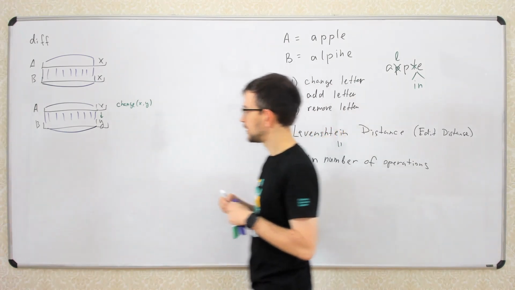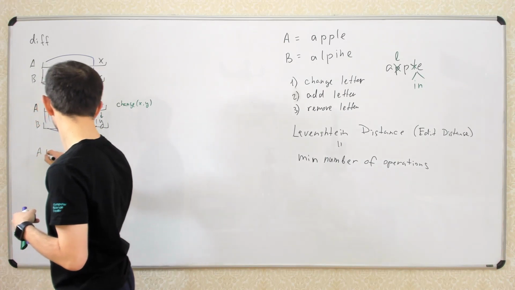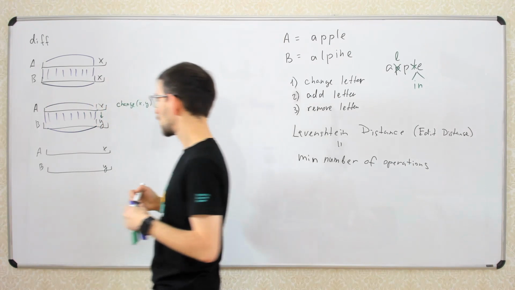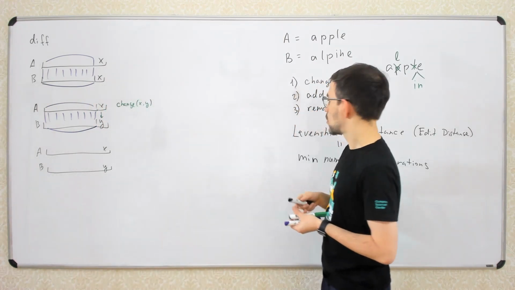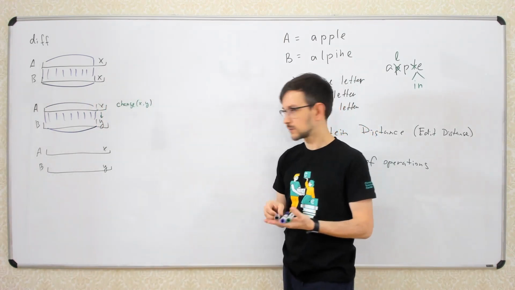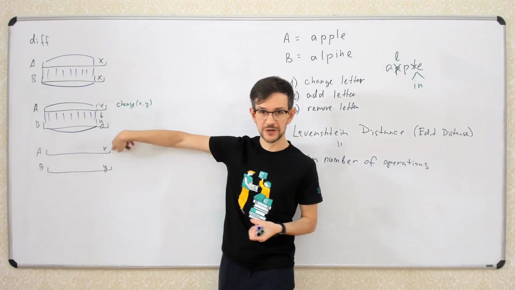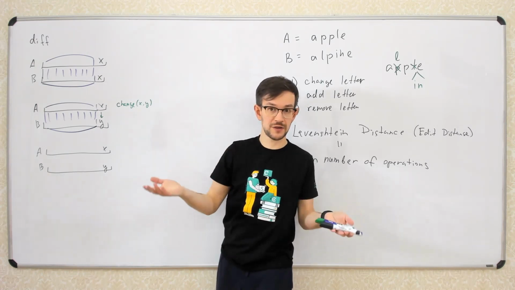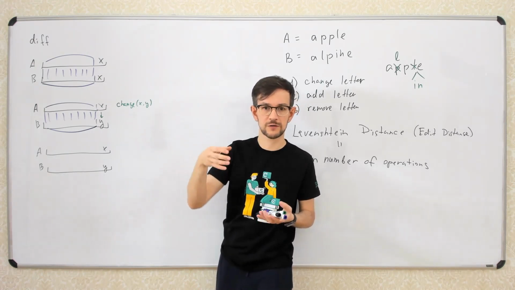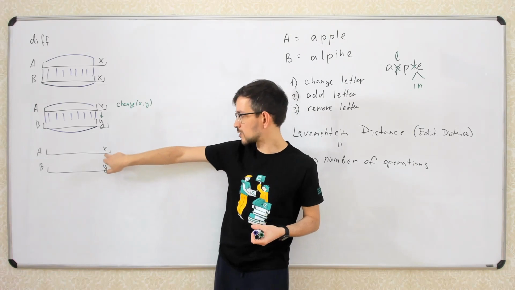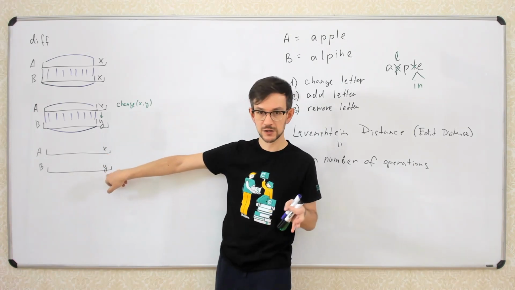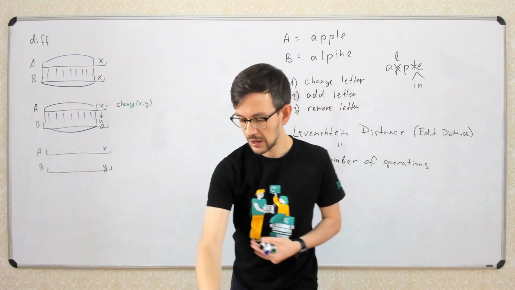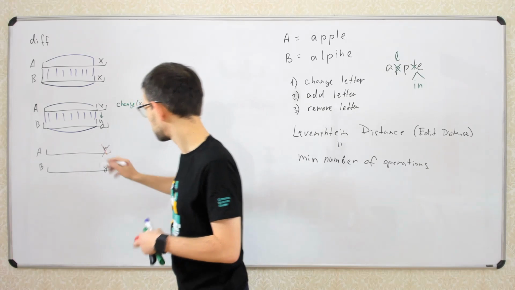The next option is simply, again, we have X here, we have Y here. Next option, what can we do? We can remove character X. So we have character X in the end of the string A. We can remove this character and we'll get some other character in the end of the string. Maybe we need to remove some several times, but if there was X here, but here is not X, maybe we just remove this X, so the end of the string changed. So if we remove this character X,